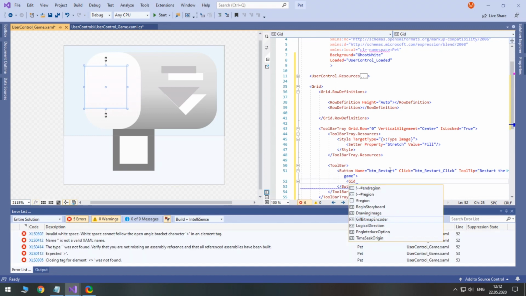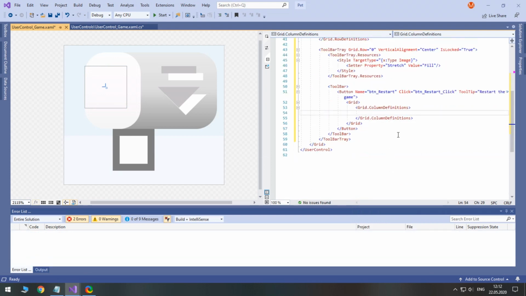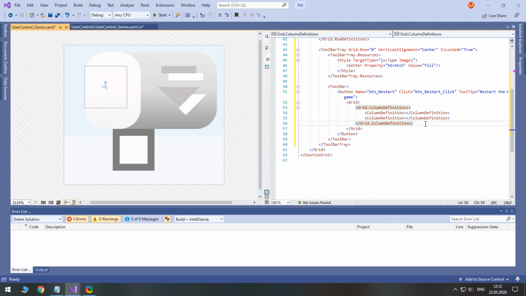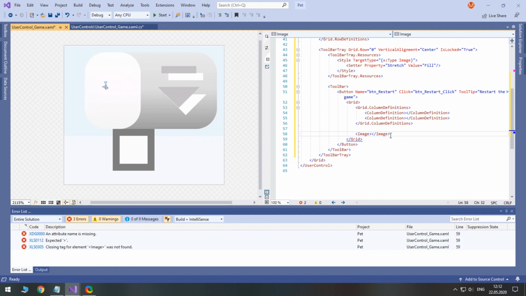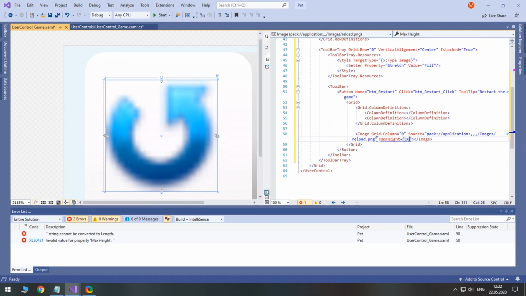Inside this button we need a grid with two columns, one for the image and one for the text. Don't forget to set the max height property for the image.